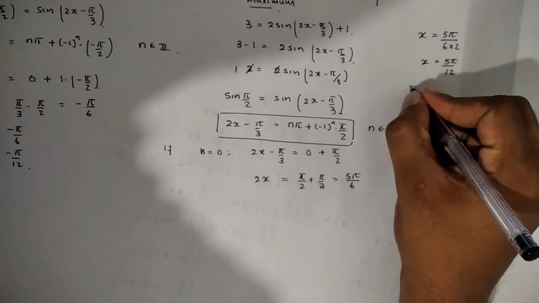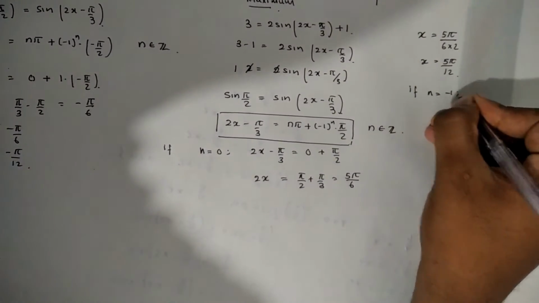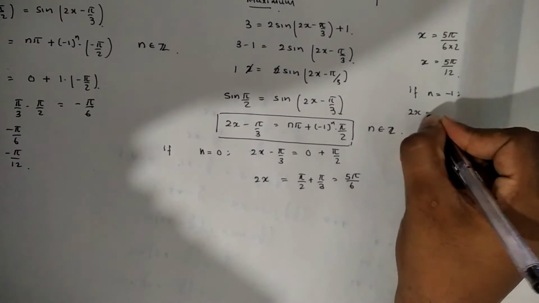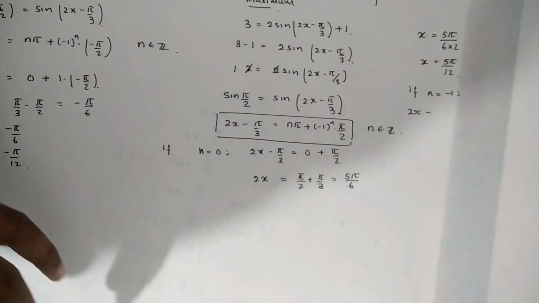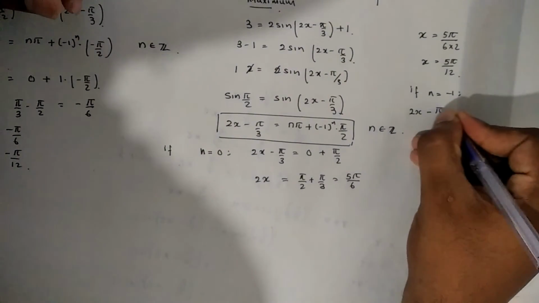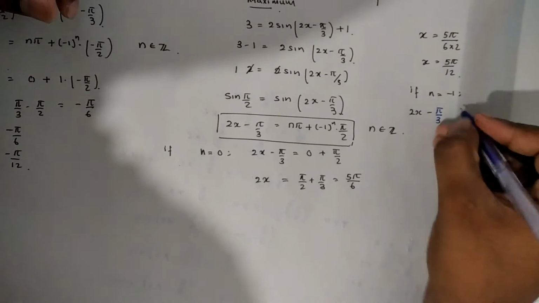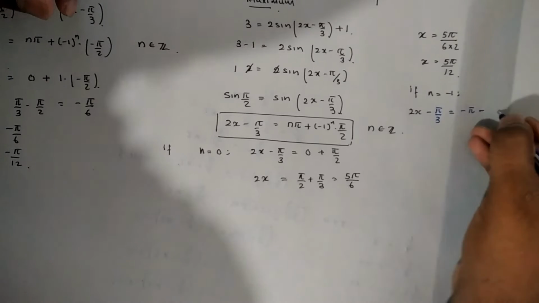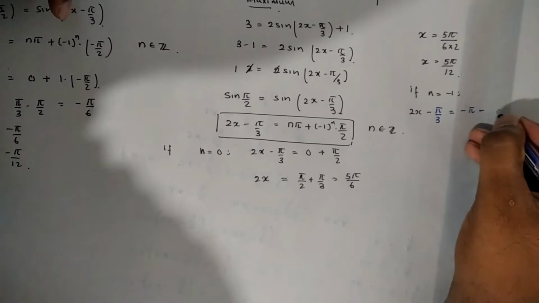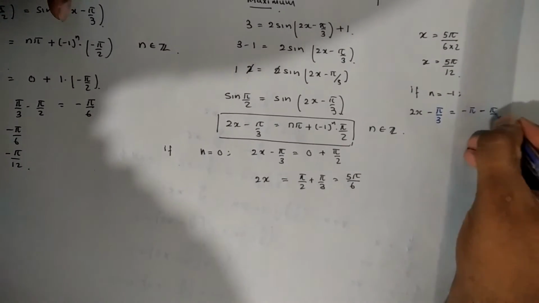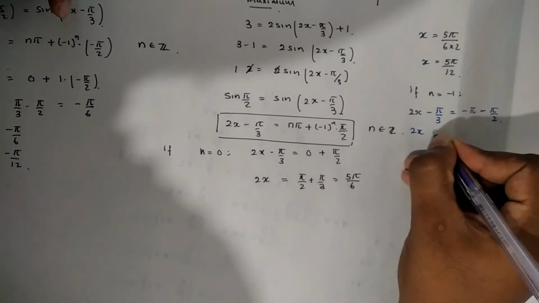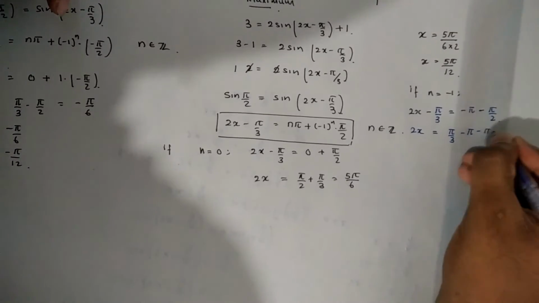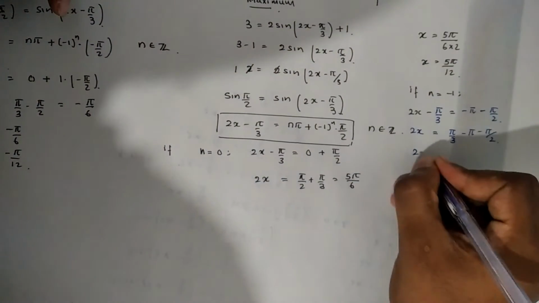Okay, we'll see. If n is equal to minus 1, then 2x minus pi by 3 is equal to minus pi minus pi by 2. So it's going to give you 2x is equal to plus pi by 3 minus pi by 2. If you try to simplify this, 2x is equal to